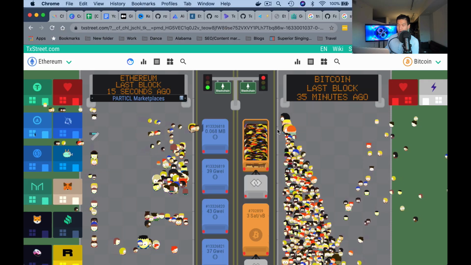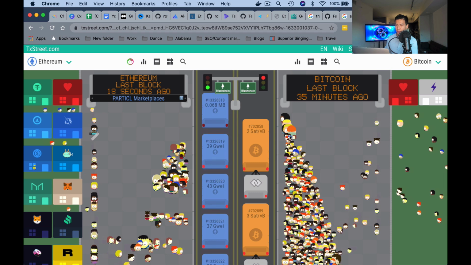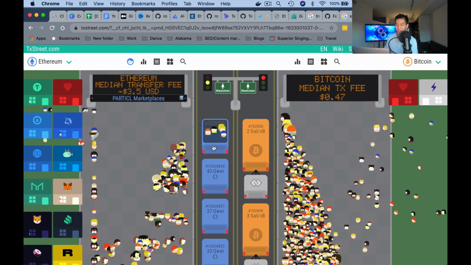road where you have 5 lanes and 5 cars stop at the stop sign or the stoplight and then they go? Well, you're going to answer the multi-lane, right? Because the multi-lane processes more cars and increases the throughput. So TX Street is a really cool site for you to check out. It puts Ethereum and Bitcoin into side-by-side lanes to see how many transactions are processed.